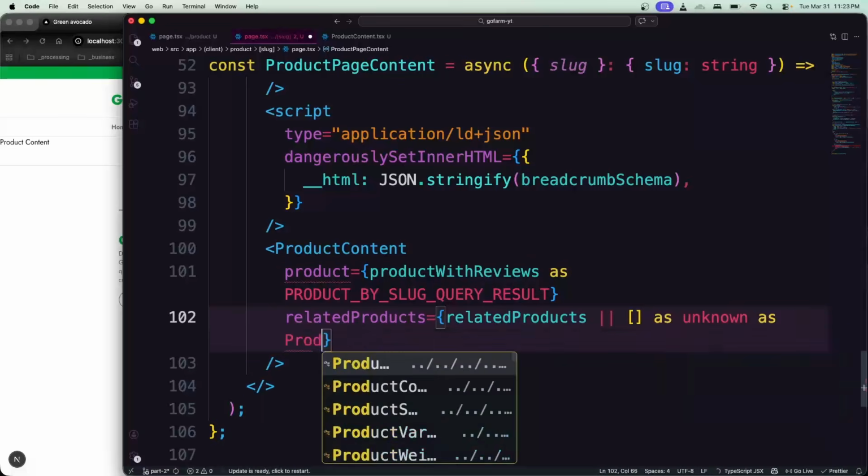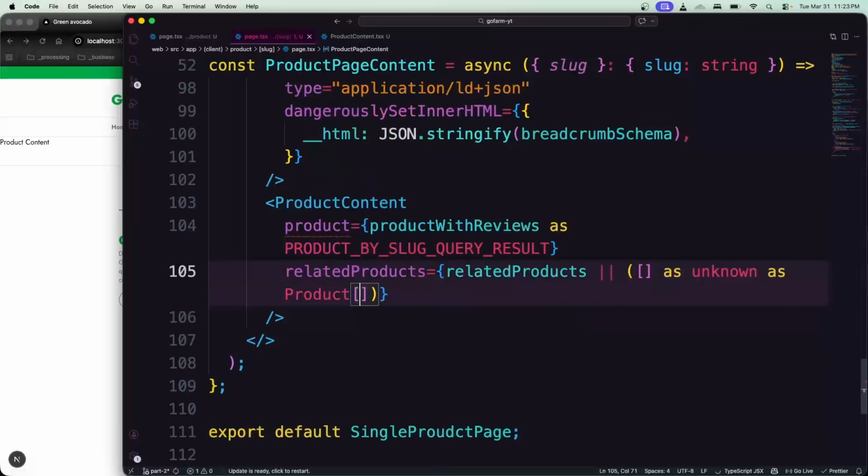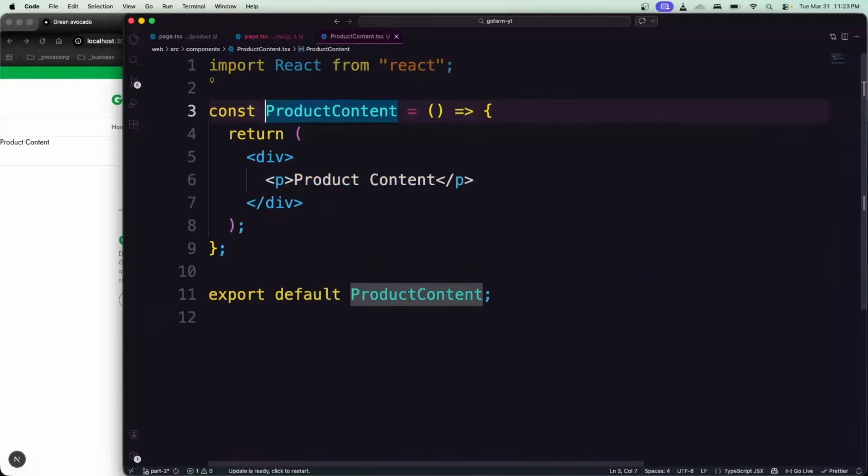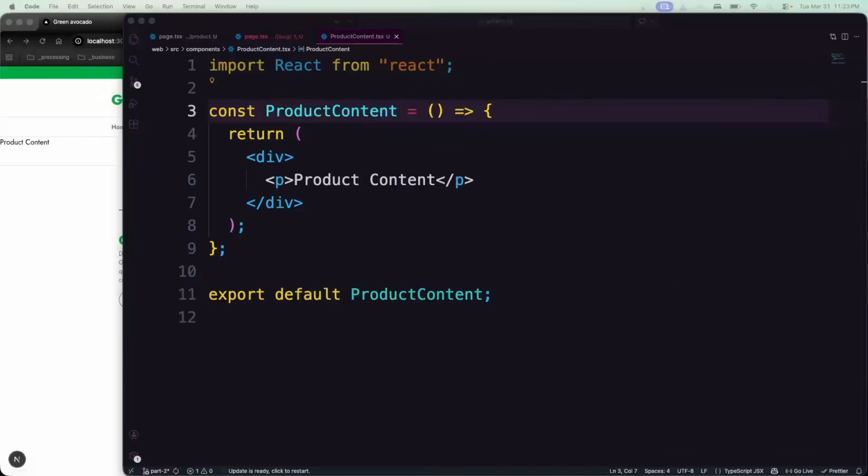Product, let me see, product. Okay, and that would be an array of product, and after that we're going to simply pass the brand, which can be, or no need to pass that undefined value, you can simply pass the brand. Now we go back to our product content, because all the magic is going to come here,